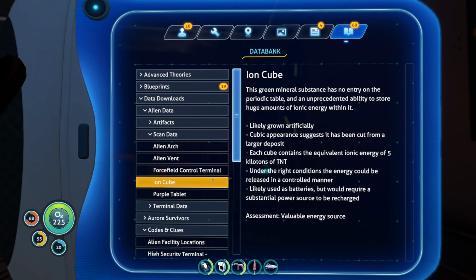Scan data, ion cubes. Each cube contains the equivalent ionic energy of 5 kilotons of TNT. Under the right conditions, the energy could be released in a controlled manner. Likely used as batteries, but would require a substantial power source to be recharged. So...